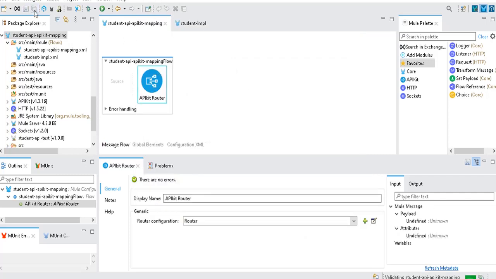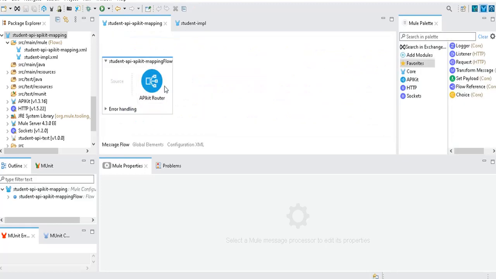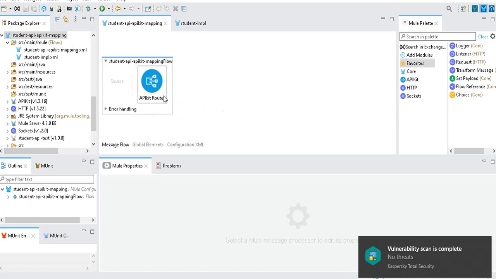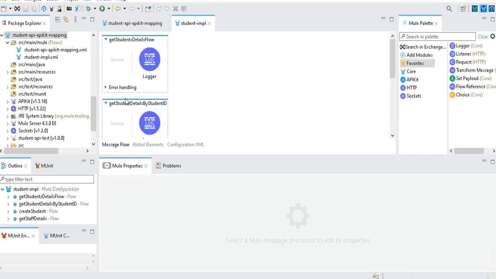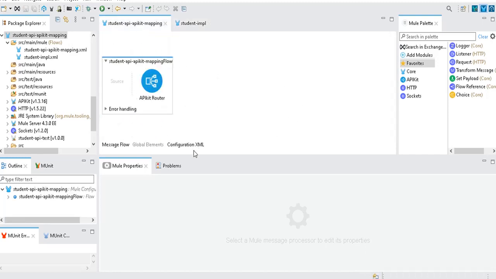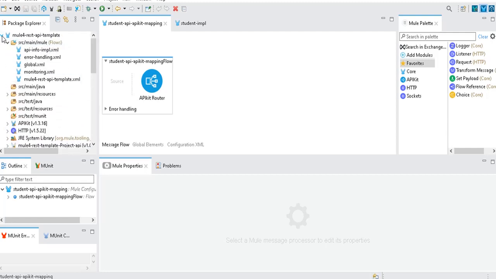Okay, and once you have done all the mapping, you can just save your settings, and you can recheck it by going to configuration XML here like this. It will come like flow mapping as a subsection of your API Kit router. And you can add HTTP listener, and you can add any other components to this main flow. So you can build the complete main flow logic. By default, automatically it will map the implementation flows in the background instead of having all the default flows. So this is the best practice you can follow to map the API Kit router flows without using the RAML flows.